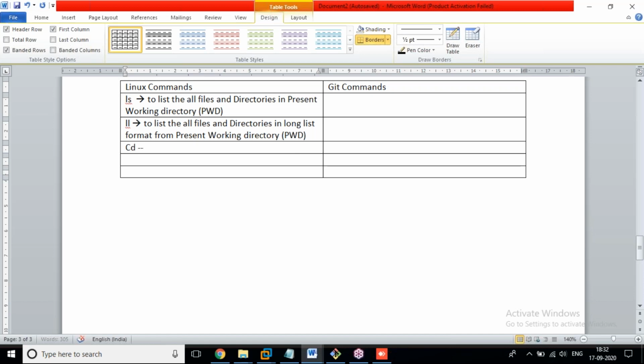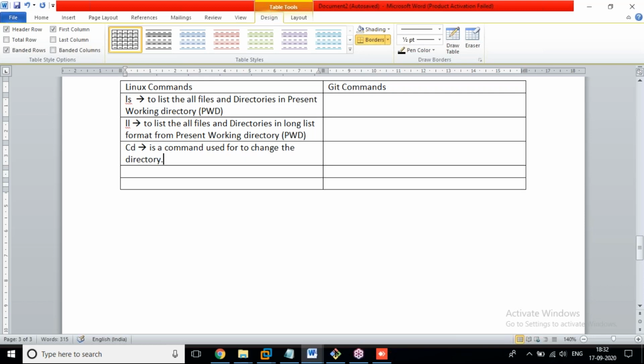cd is a command used to change the directory. Change the directory.